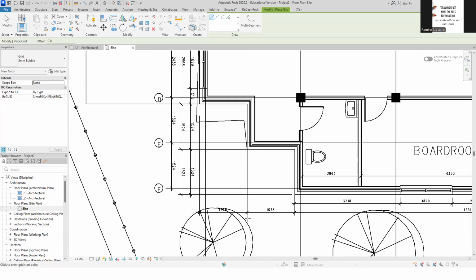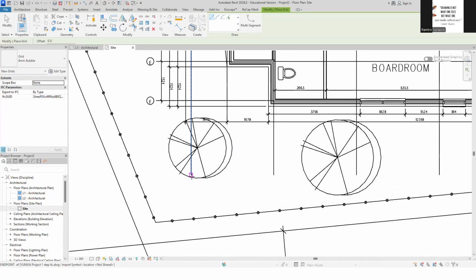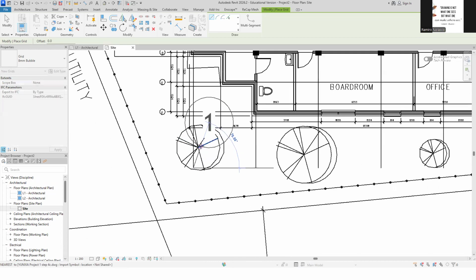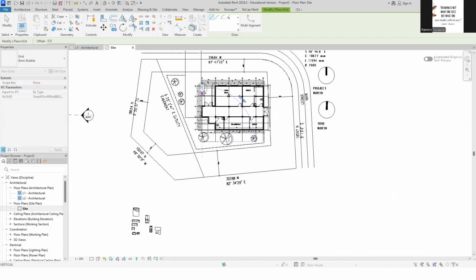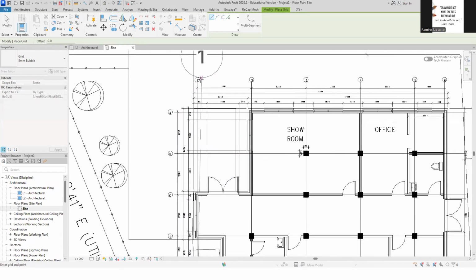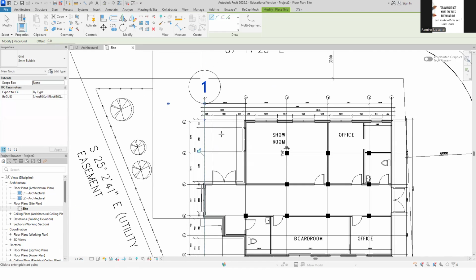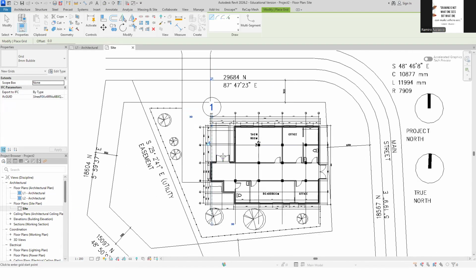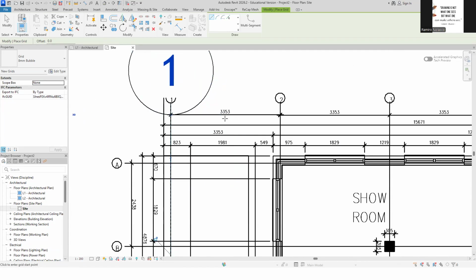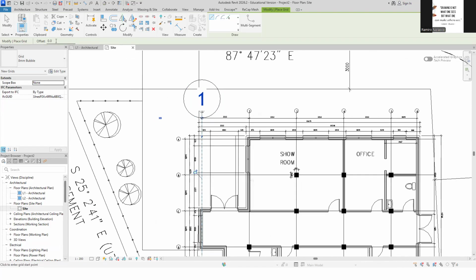For this one, we'll select this endpoint and there's our grid number 1, and then we'll place that somewhere here. Now, we can make an offset. The value of the offset is 3353 to make the next grid.